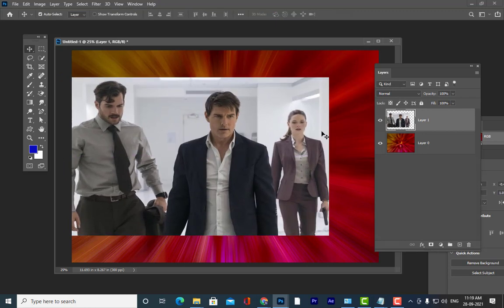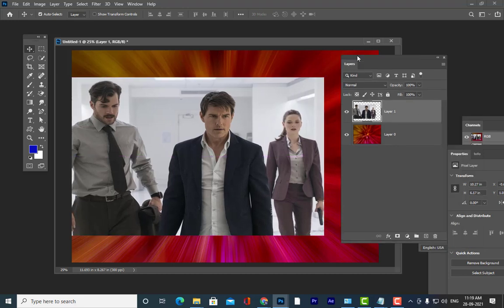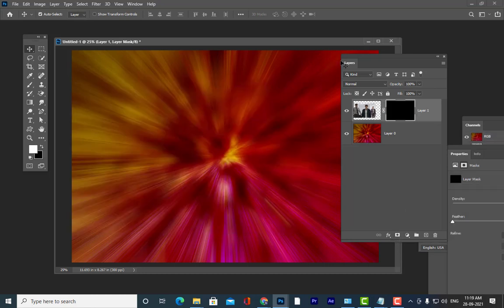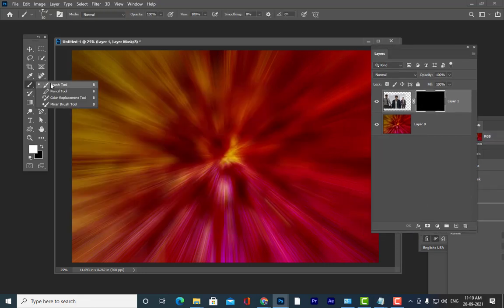We have just now covered mask. Now I am going to use the combination of mask and filters. Is it clear, all of you? So what I will do, I am going to use hide all mask to this, and then let me paint here.